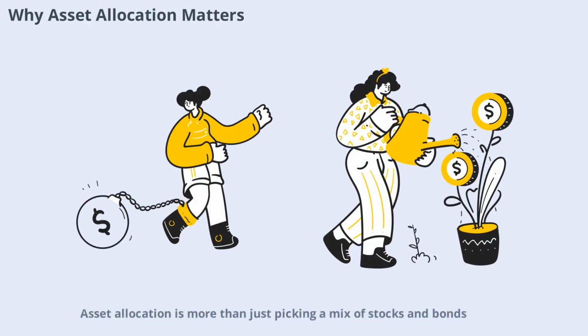Asset allocation is more than just picking a mix of stocks and bonds. It's about creating a plan that matches your risk tolerance, investment timeline, and financial objectives. For doctors and other high earners, the stakes are even higher due to larger portfolios and complex account types. A well-structured asset allocation can help you weather market volatility, maximize returns, and avoid costly mistakes. By understanding the unique challenges and opportunities of your profession, you can make your money work as hard as you